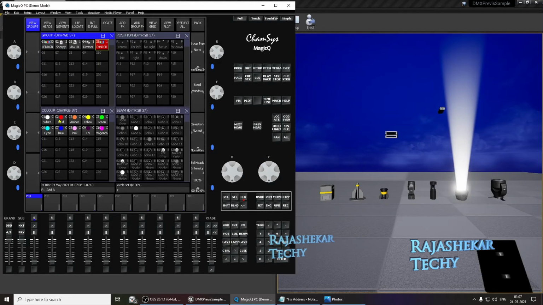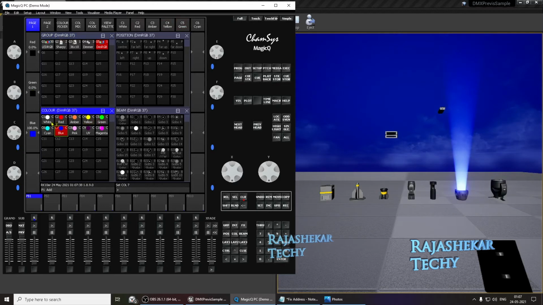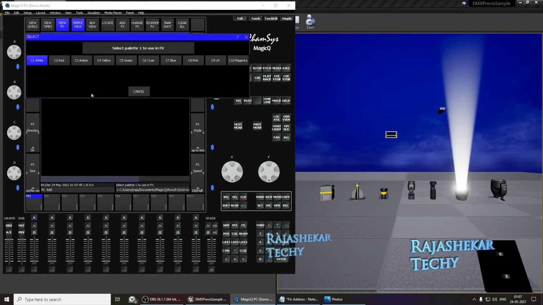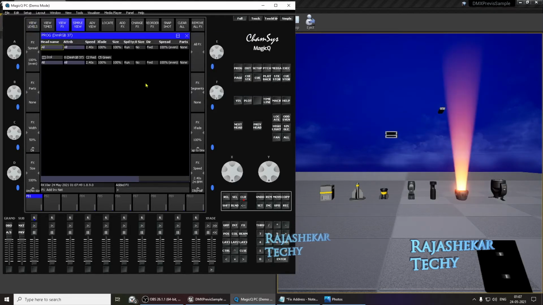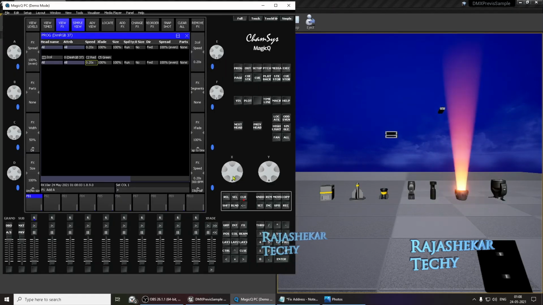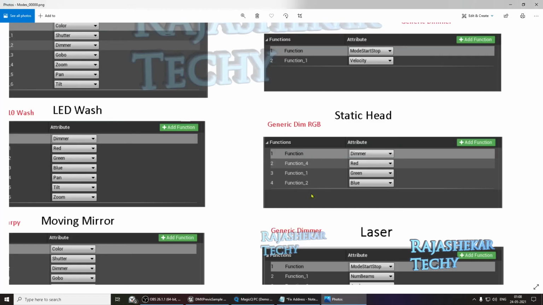Static light is lit up. Change the color, looks good. Let's try to add some effects. Go to layout, add effects, and let's try to change the color to red and then green. So you'll notice the colors change from red to green. Let's reduce the timing. Let's put it at 0.2, and let's go back to Unreal. We have a flashing light. Okay. So the static looks good. Let's clear it off. Let's move on to the next one.